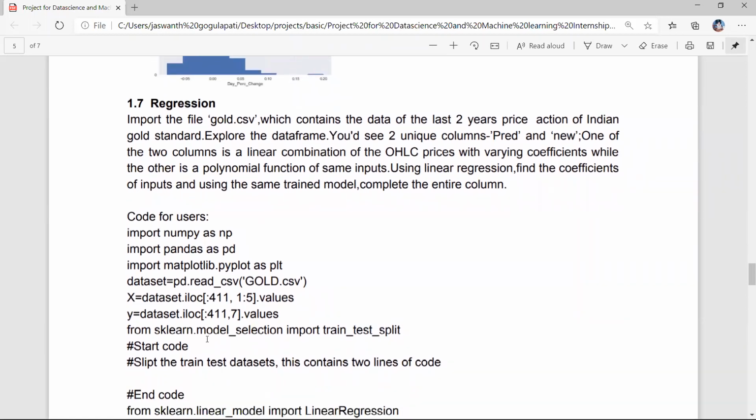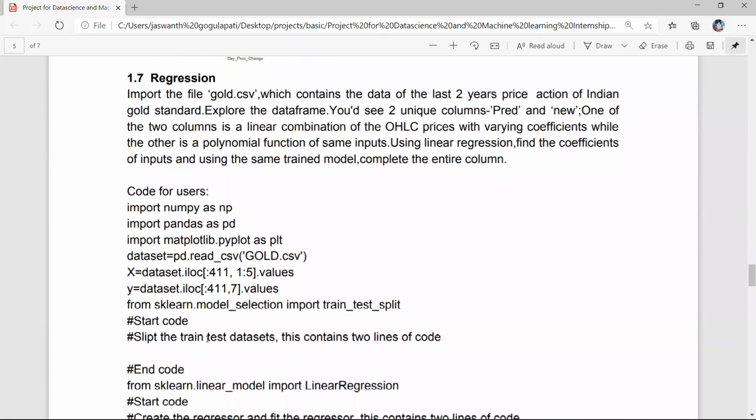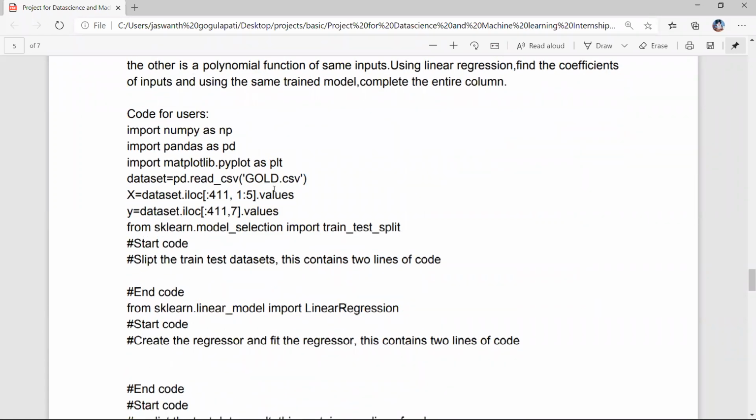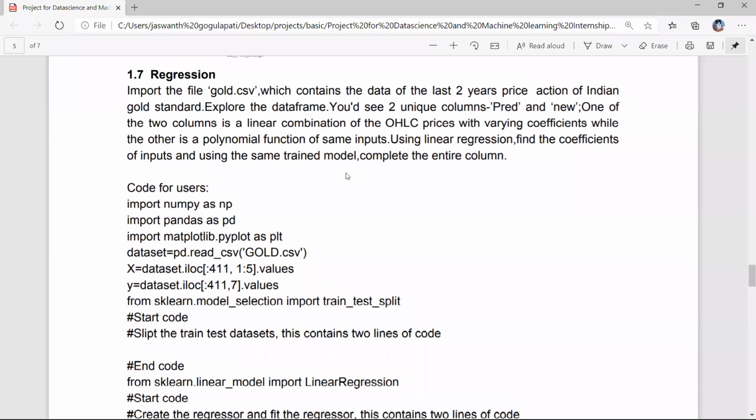basic category. Regression is a supervised learning algorithm where we're going to predict values based on some columns. Here we used OHLC columns. Means OHLC: open price, high price, low price, close price. When we see the data set we are importing here, we are going to predict the values of gold prices. Gold prices change regularly. In this machine learning model, we are going to build a model which will predict the price of gold on a particular day based on the last 2 years' prices.